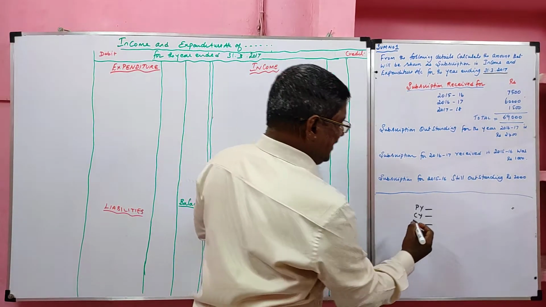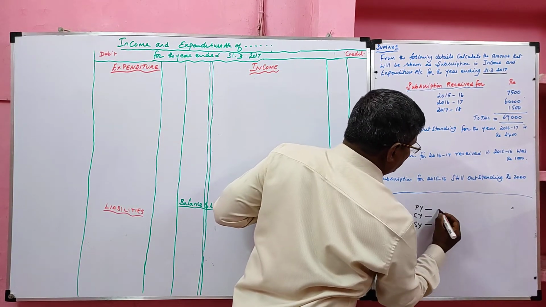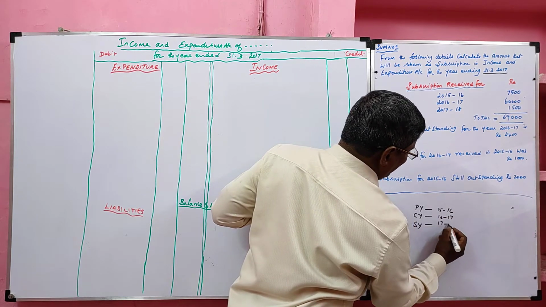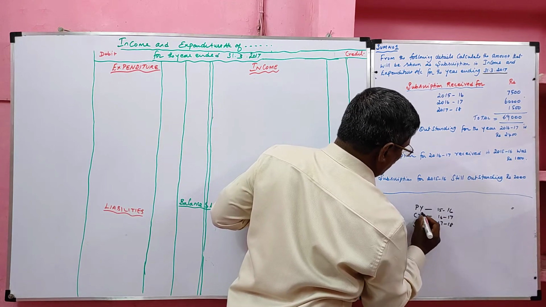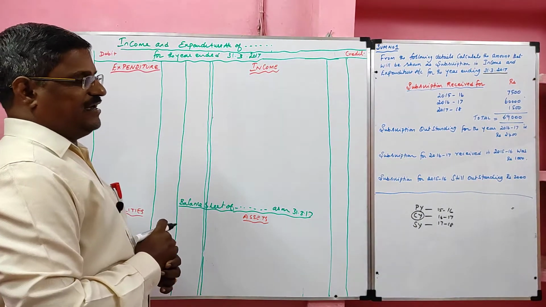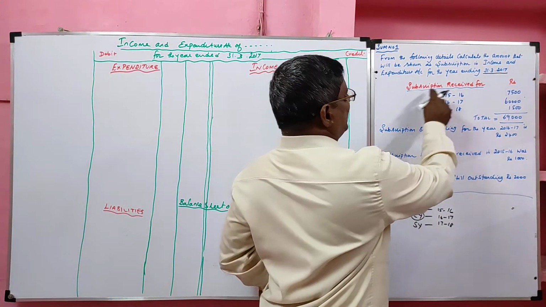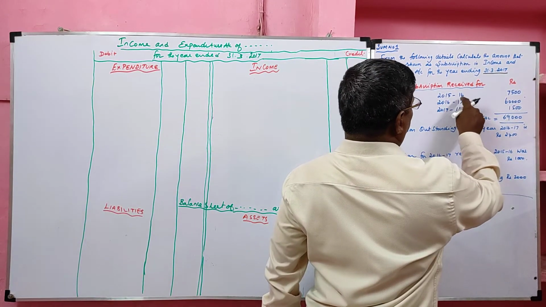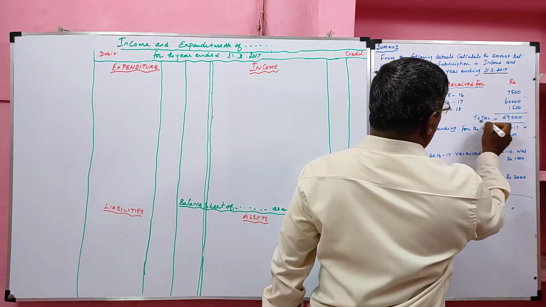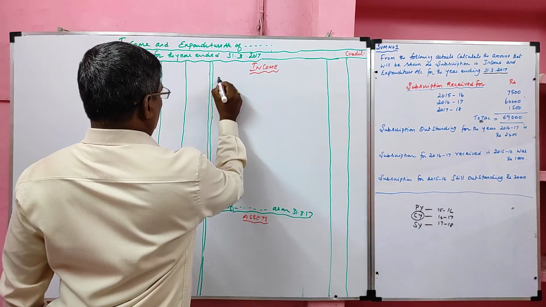So here period ends on 31st March 2017. Our current year is 16-17, previous year is 15-16, subsequent year is 17-18. We are preparing accounts for current year, that is 2016 and 17 accounts we are preparing. Subscription received for 2015-16, 16-17, 17-18. So total subscription we received how much? 69,000. First we should take that one.